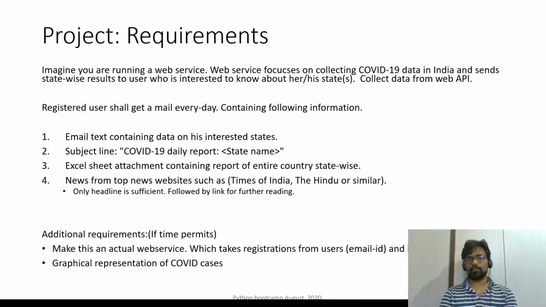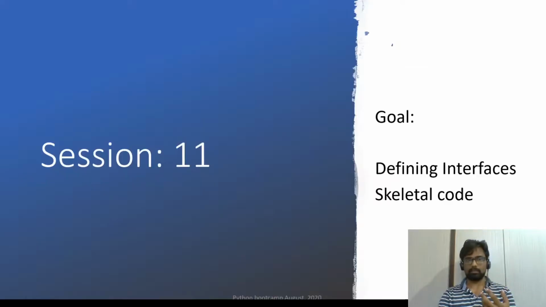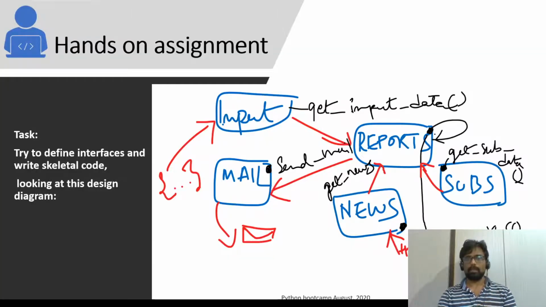So this is just a text requirement. You just imagine that this is given by a business analyst or someone who is customer facing, and then you kind of break this requirement into thoughts. So that is what we did in our brainstorming session, and this was the module breakup, and we defined interfaces with that, and then we started writing code. Okay, so this is like a key concept, how to break things, and how to express in terms of code, in terms of skeletal code.